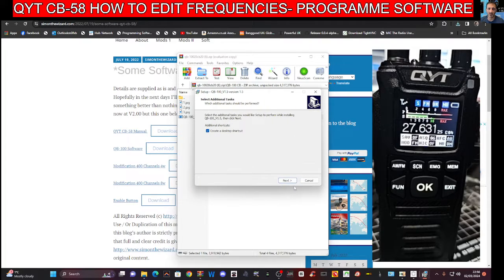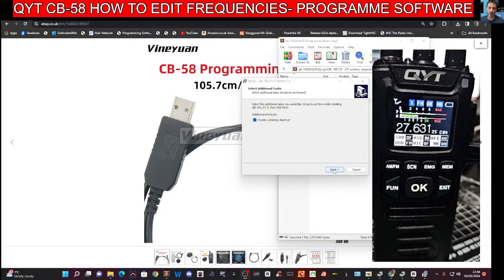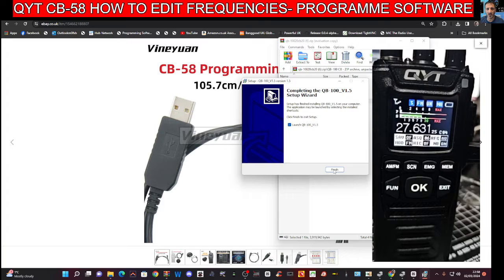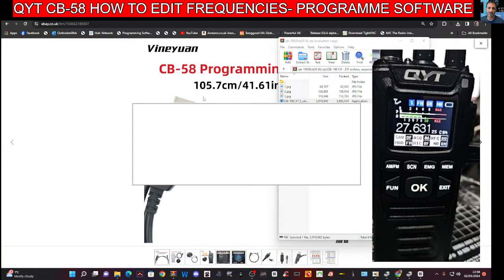So next, it says I've already got it. Okay, fair enough. So we'll show you that. Okay, it's running now. Launch. So that's your software. Plug your cable into your radio and your PC, and then we're going to find the